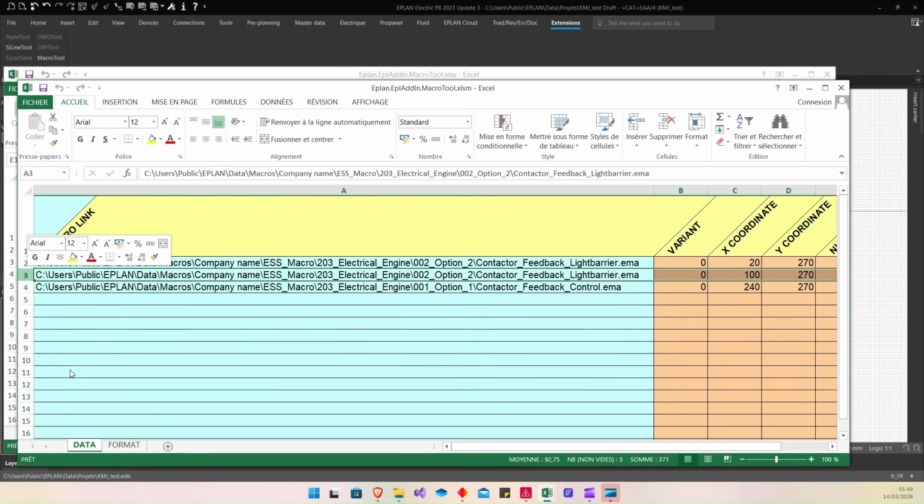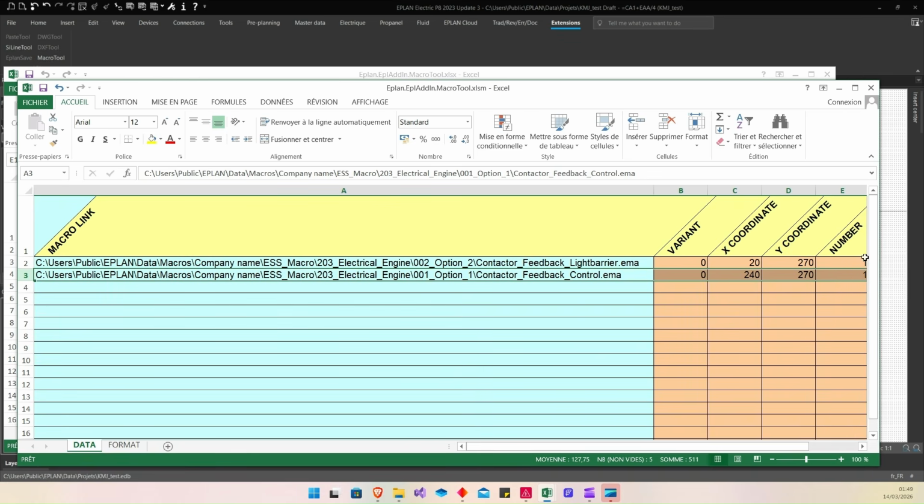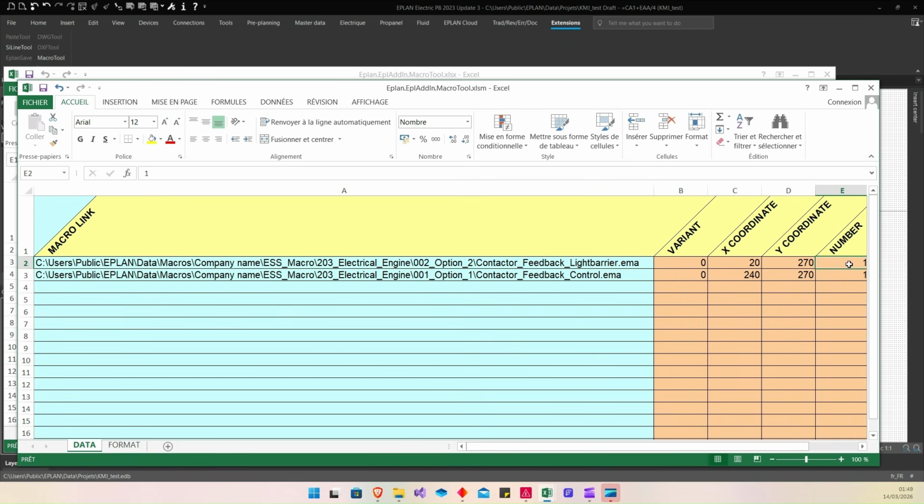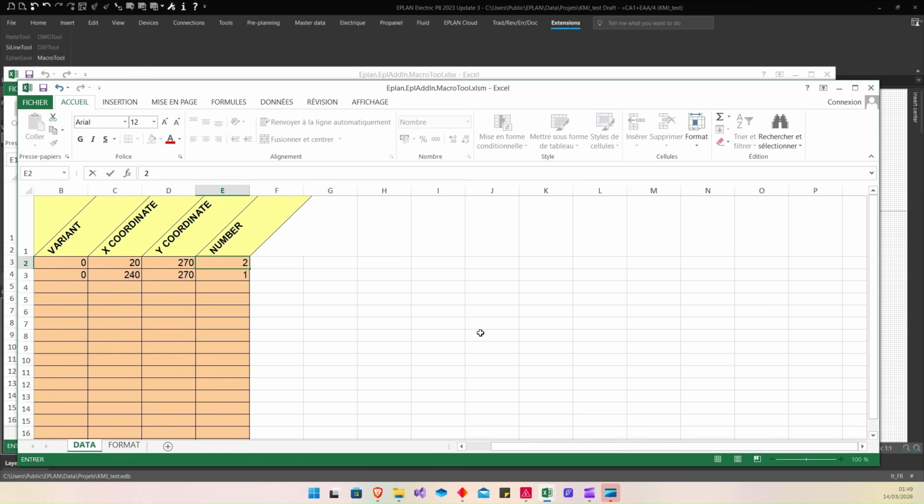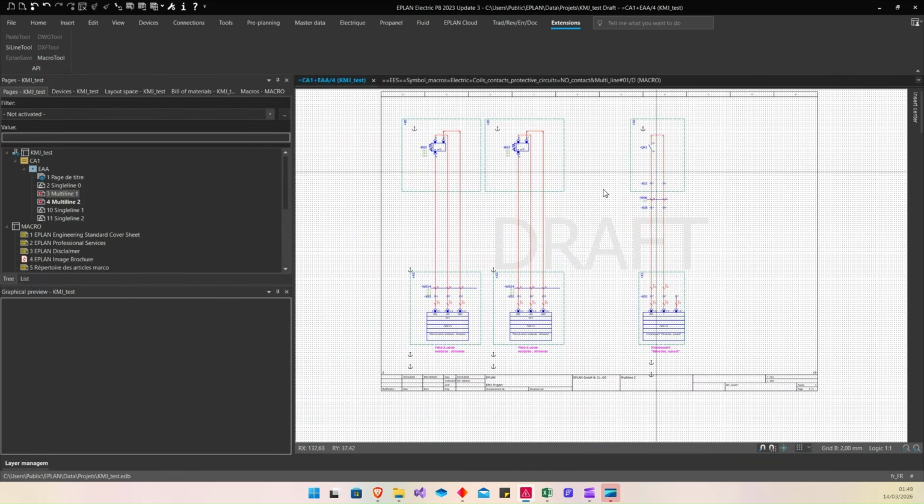So now I can delete this line, and here the number I put, for example, I set 2 repetitions. I save my Excel.